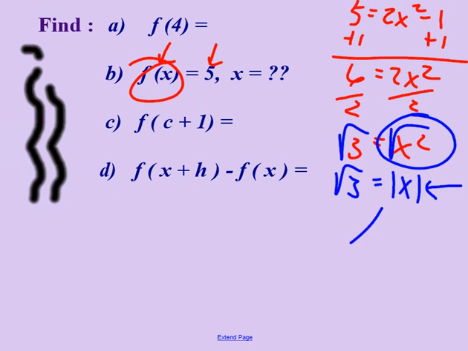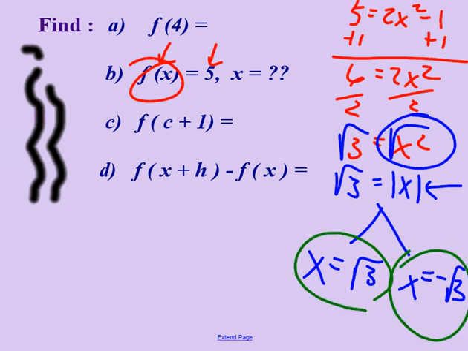Now I'm going to break it into two parts. X equals plus the square root of 3, and x equals the opposite of the square root of 3. And I know some of you just tried to shortcut that, but then you don't really understand, and that's going to catch you. All right, root 3, negative root 3. Do you get that they wanted what x was? It says x equals what? Now we know what x equals. All right,